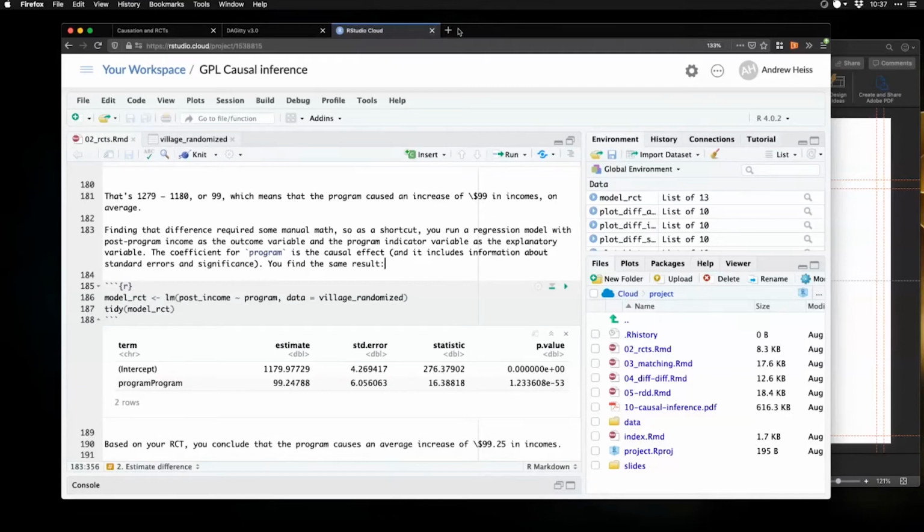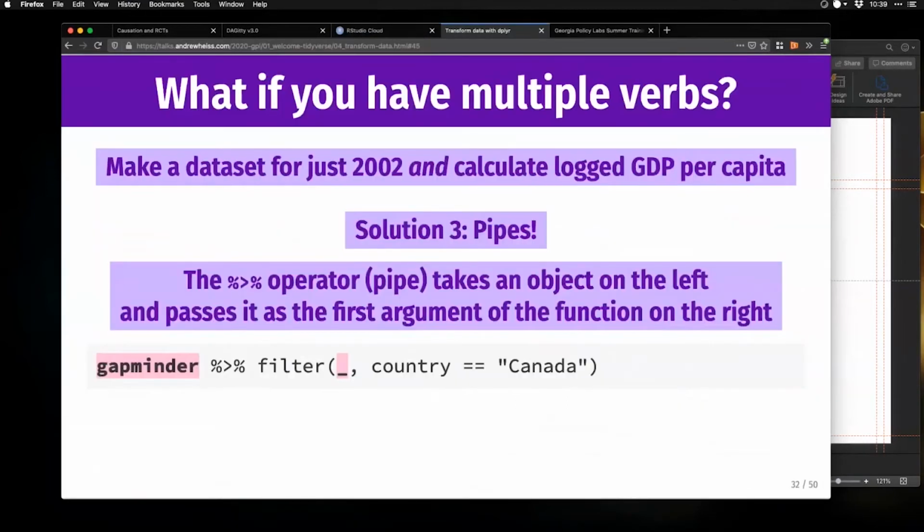Jonathan Smith has a question about this weird percent greater than percent symbol. That is an R thing. We talked about it in the very first session, if you were part of the very first session, where it essentially lets you concatenate different functions and feed them into each other. So if you look at the code,